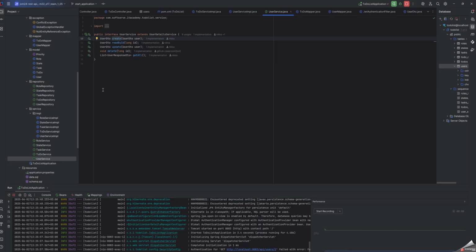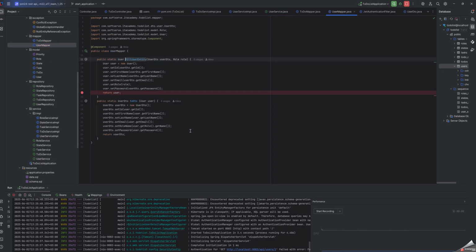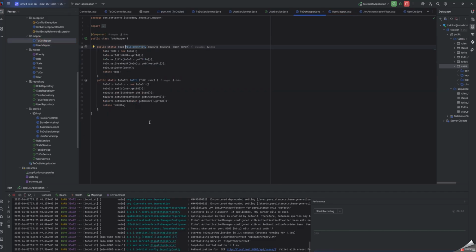So if we use user DTO, we have to add mappers. So I've added mappers that build an entity from user DTO and user role, and also mappers that map user entity into DTO. The same, I've added mappers for to-do,